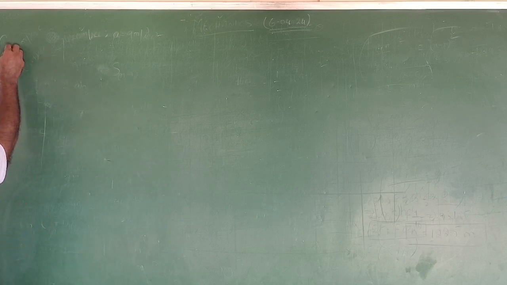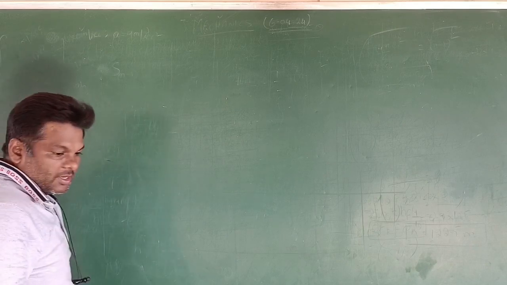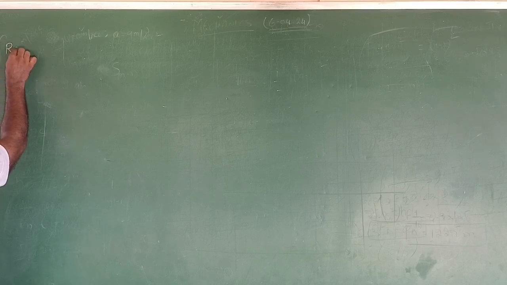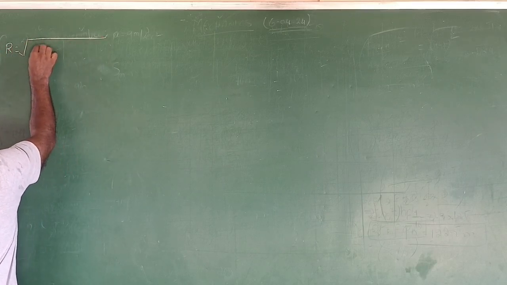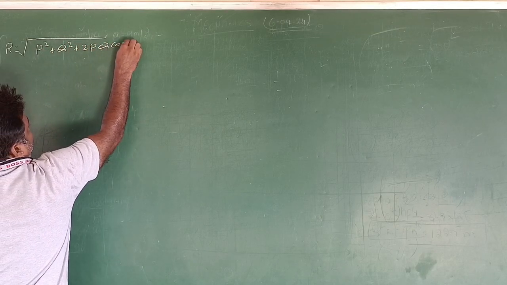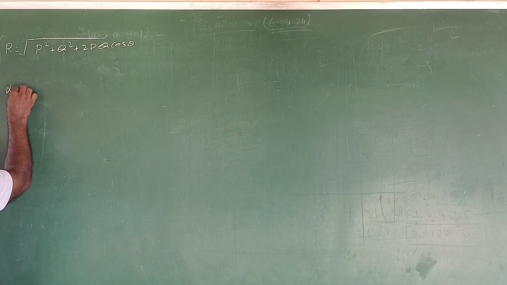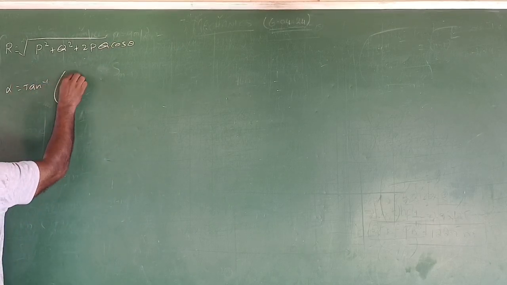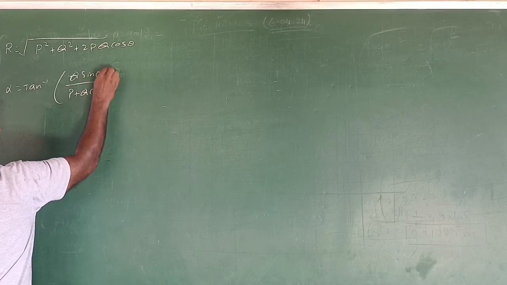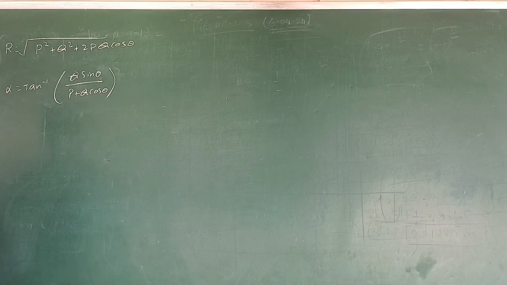Good morning, students. In our foundation class, we'll go for small calculations regarding resultant. R is equal to root over p square plus q square plus 2pq cos theta. Okay. And alpha is equal to tan inverse q sin theta by p plus q cos theta. Okay. So for different values of theta